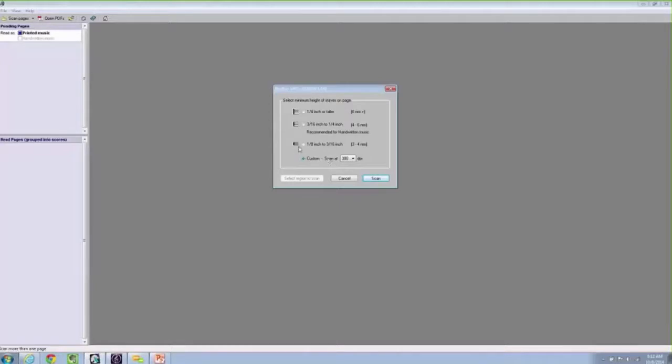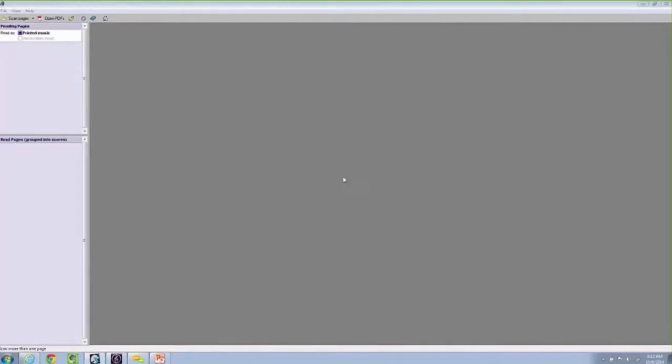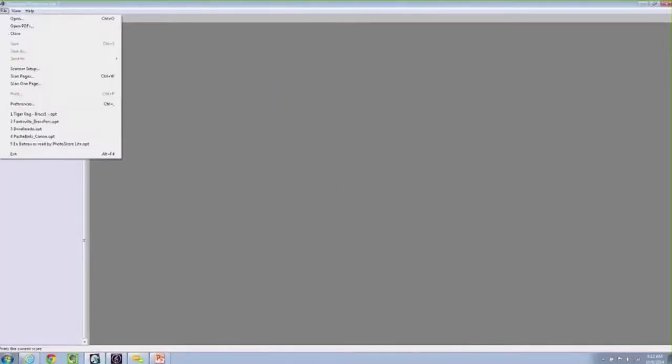Now, I'm not going to use this interface. In fact, I'm not actually going to scan anything today. I'm just going to work with PDFs so that we don't take time waiting for the scanner to warm up. Okay, so I'll cancel this. Let's go back to the preferences, and